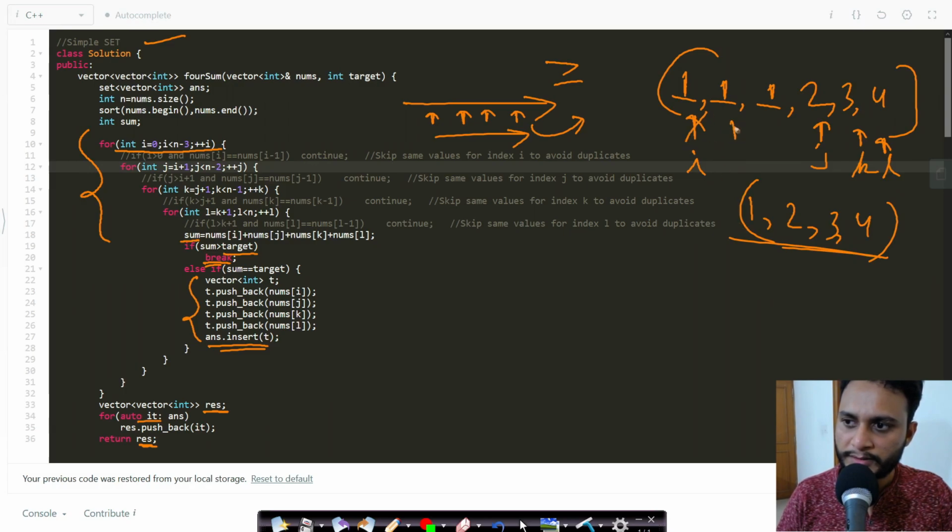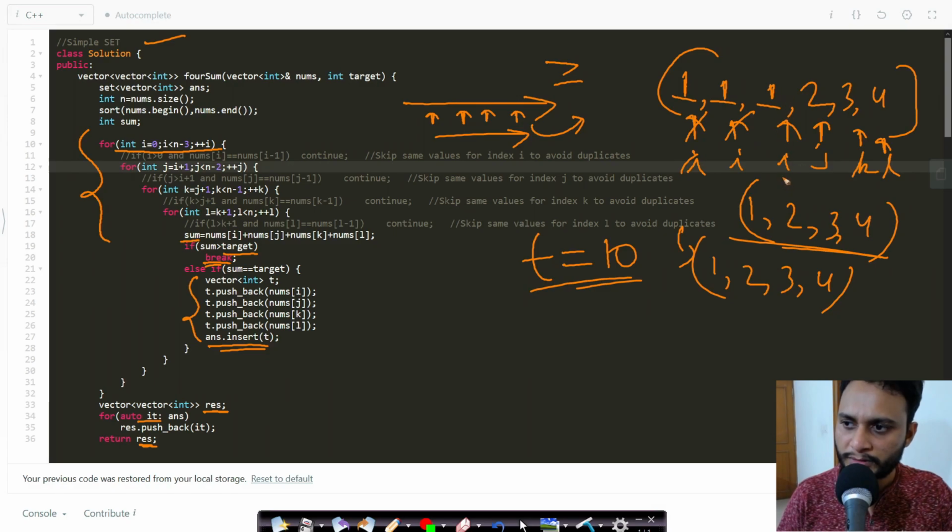But if we increase the I pointer and move here, then this is also 1, 2, 3, 4. Let's say the target value was 10, so this sum is 10. Now this is the second quadruplet, and if you take this I value here, then this will be the third quadruplet, and it will also be 1, 2, 3, 4. So what's the point? All these are duplicates.